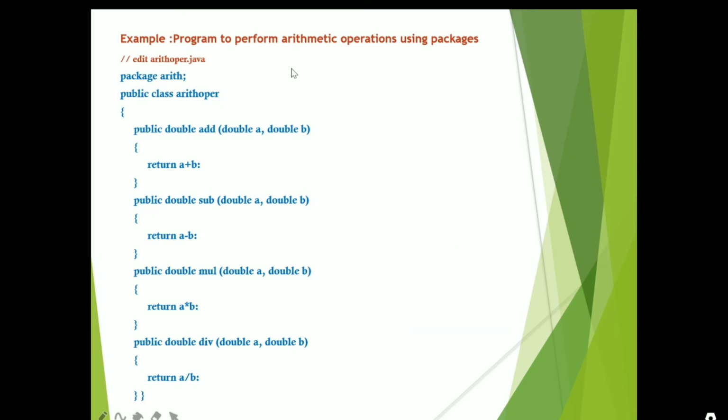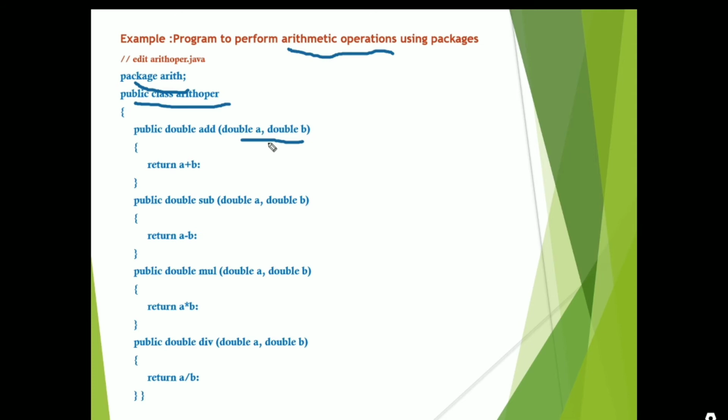And this is the example which performs arithmetic operations. Here I am creating the arith package, which is used to perform the arithmetic operations: addition, subtraction, multiplication, and division. Here I am creating package arith, which has the class ArithOpr, which has methods that must always be public, taking two arguments a and b as double variables and returning a double.